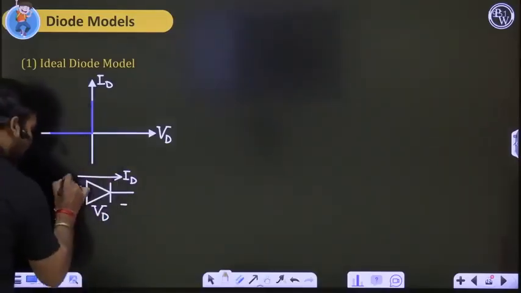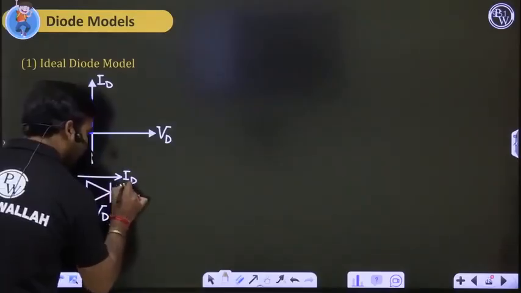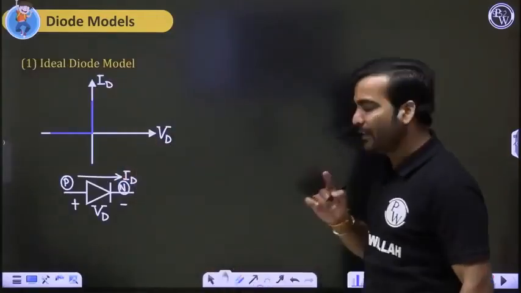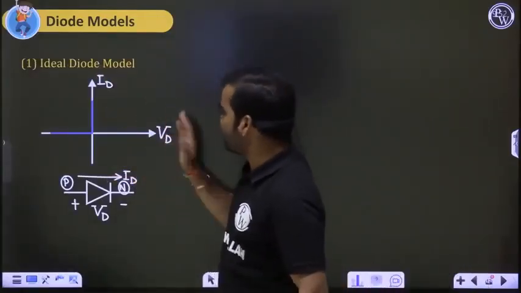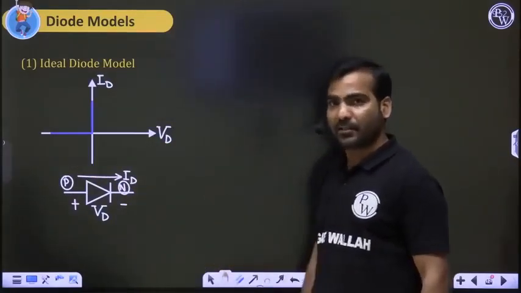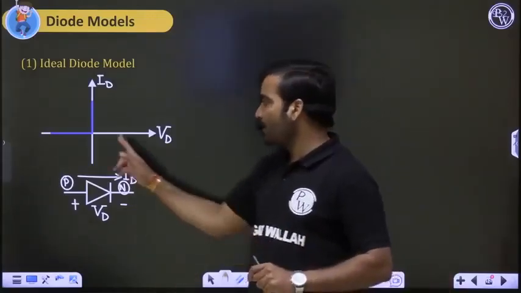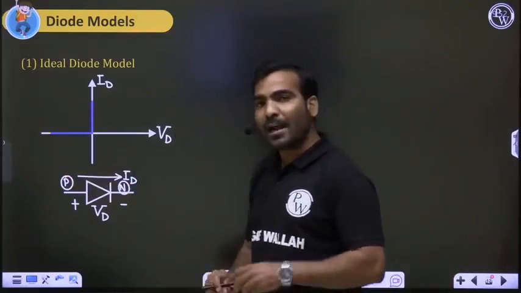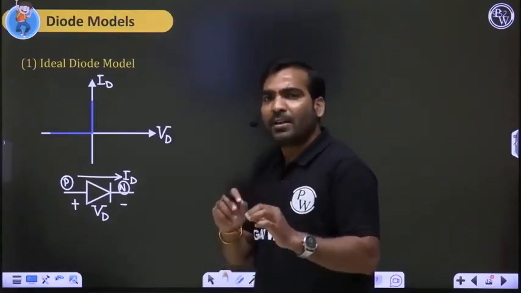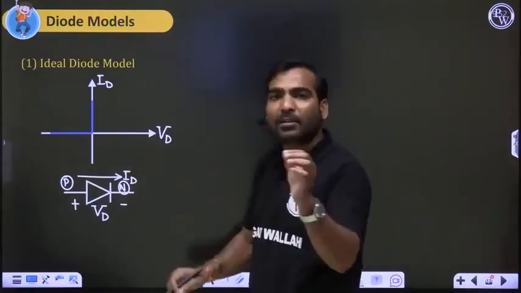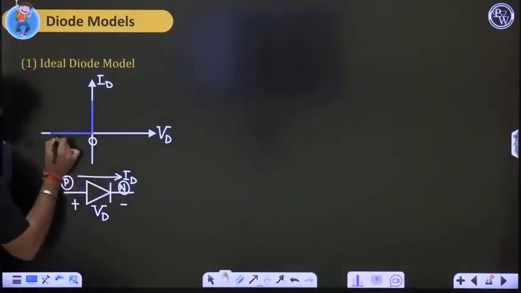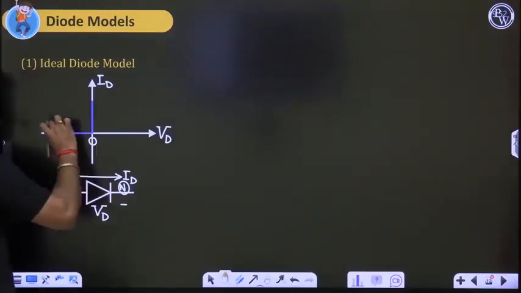This ID and VD are related by an exponential characteristic practically. But now suppose your diode is an ideal diode model. In the ideal diode model, this is ID, this is VD, and this blue color characteristic is the actual one, while this is your approximated characteristic. That is known as the ideal characteristic. No doubt, in reverse, when VD is less than 0, I already told you that the current is the reverse saturation current, and that is very well approximated with 0 only. So when VD is less than 0, current is 0, because the current is coinciding with the 0 line.